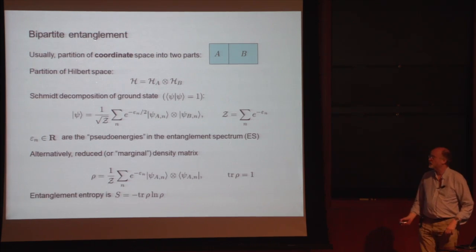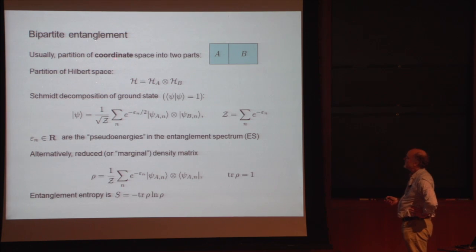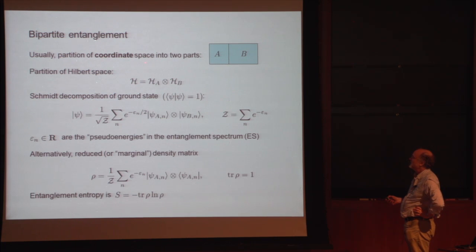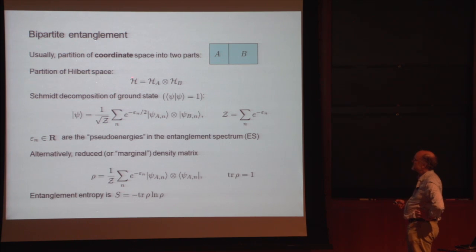Okay, so first we'll talk about bipartite entanglement. So the usual thing we want to do in topological phases is we take our system and we divide it into two parts in real space. We just divide it into two pieces. And with local degrees of freedom, there's then in the full Hilbert space, not some low energy description, but the full Hilbert space, we imagine we can divide the Hilbert space into a tensor product of two pieces, A and B, and then, since we have that